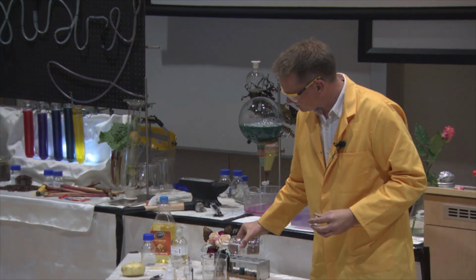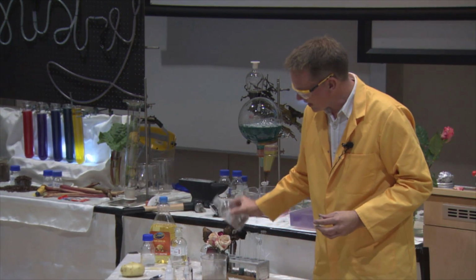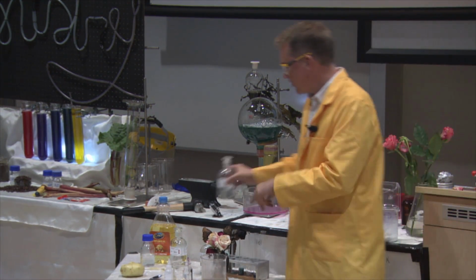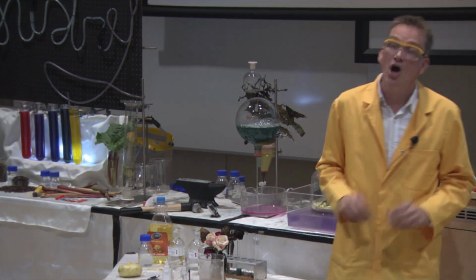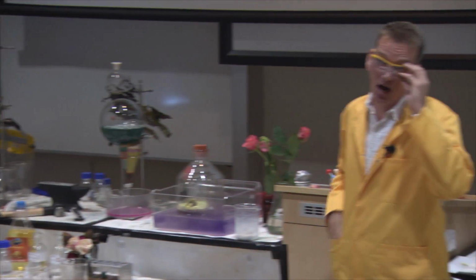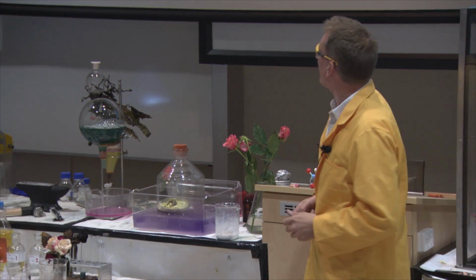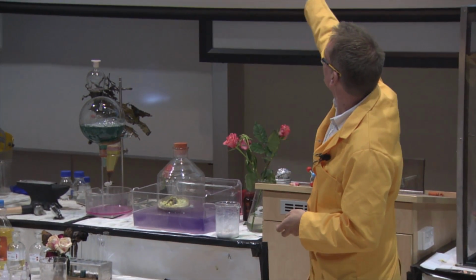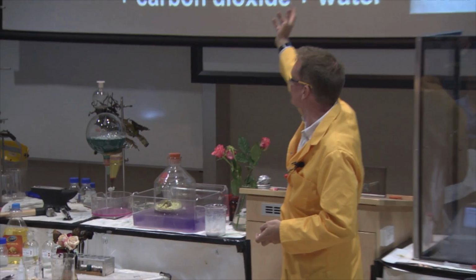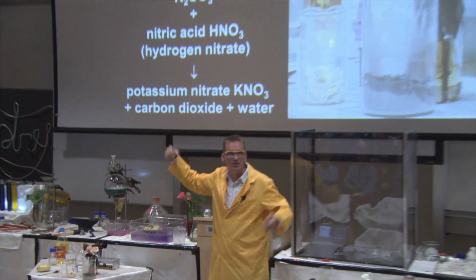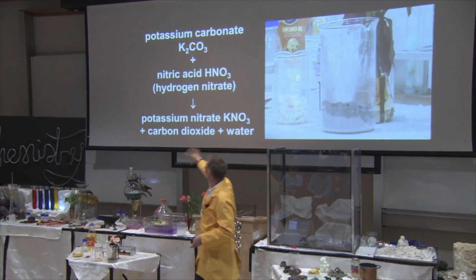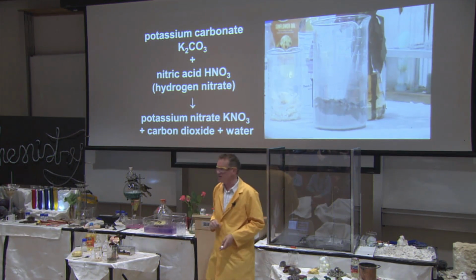And yes, it's certainly fizzing away. And this confirms that there is a carbonate there. This carbonate is potassium carbonate. There's some of that in there. In fact, the reaction there, potassium carbonate reacts with our acid. This was nitric acid. We get potassium nitrate. Well, that was our saltpeter that we used in our gunpowder. And carbon dioxide, the bubbles that we see.